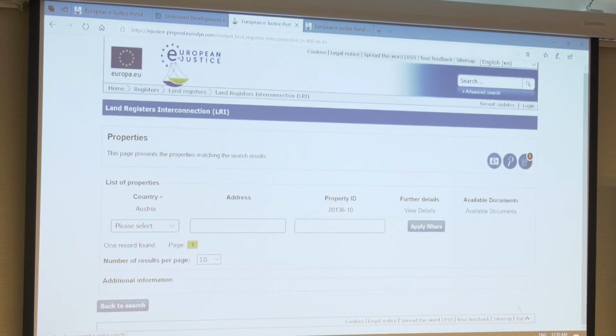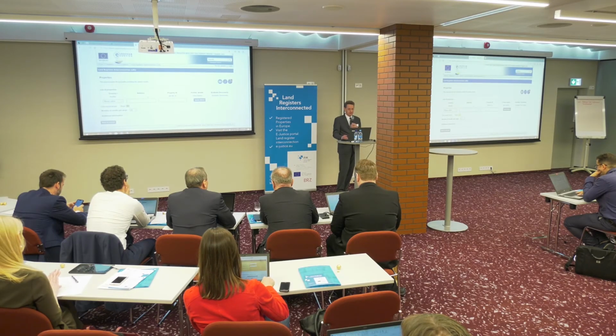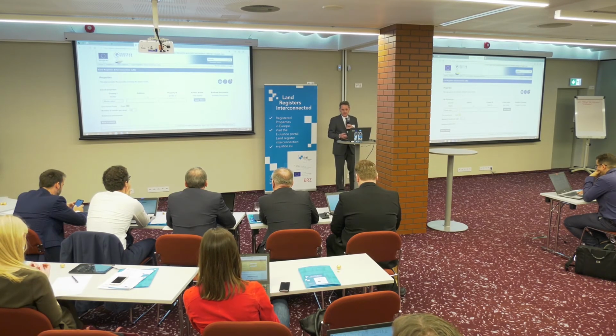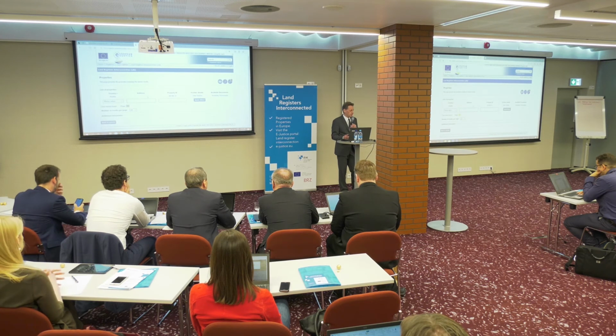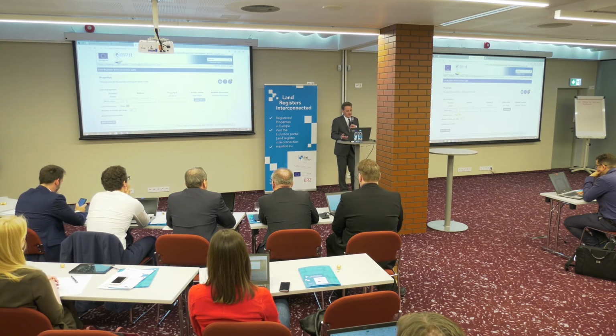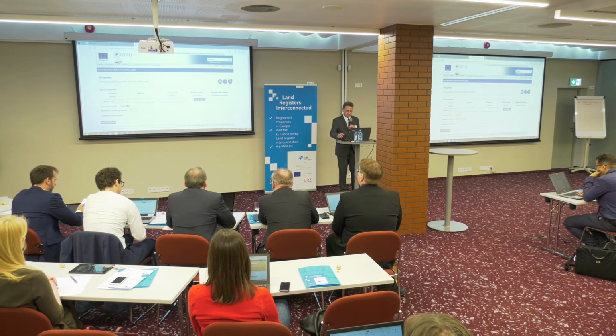Now we try to search. You see we get another result, where we get no address. This is also an example of the variety of the data in a land register. This is an issue across all countries. The data structure and the contents of the data in the land register can be very different and can show up differently on the result page.